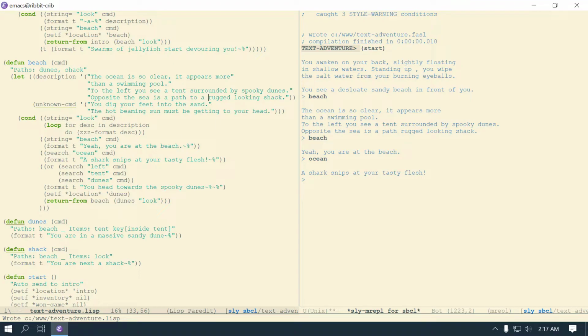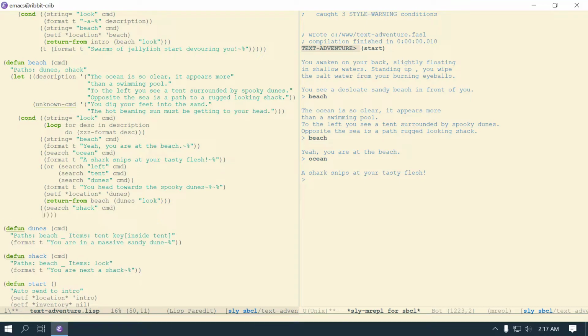Here, I'm just going to say shack, because now we know how to put more than one in there. But I do want it to say search again instead of string equal. That way they can say anything about a shack and you head that way, I guess. So we'll say search shack CMD. And if someone does that,